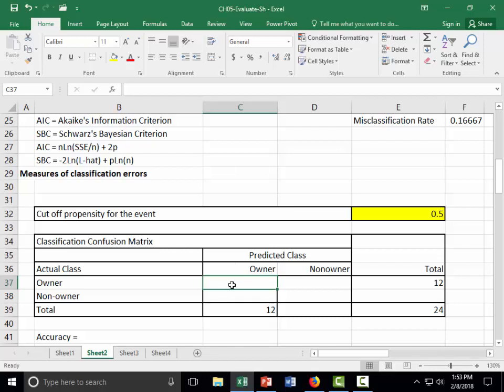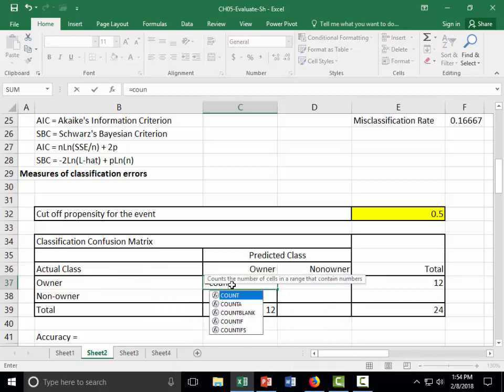So there are two conditions now. One condition is, is it an actual owner, and corresponding to that, is the propensity greater than or equal to the threshold value, in which case it will get predicted as owner. Okay. And the function for that is